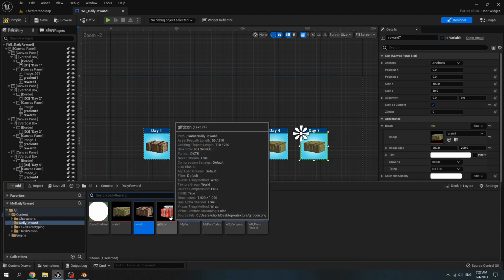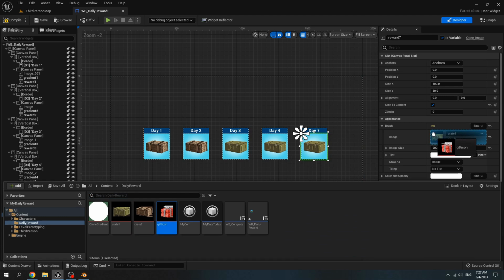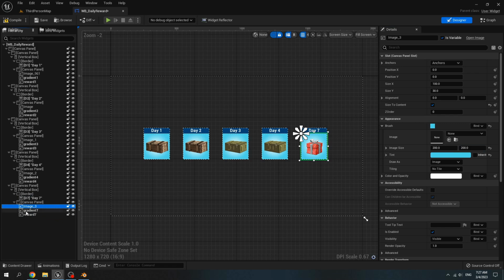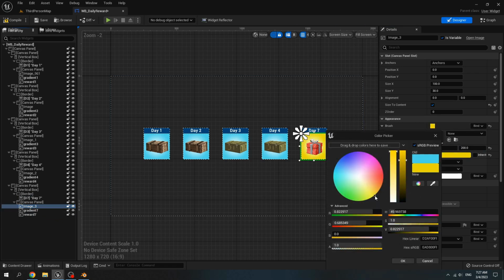For Day 7, use the gift icon. The image size is 200 and 200. For Day 7, on this image, choose a yellow color to make it a little bit special.